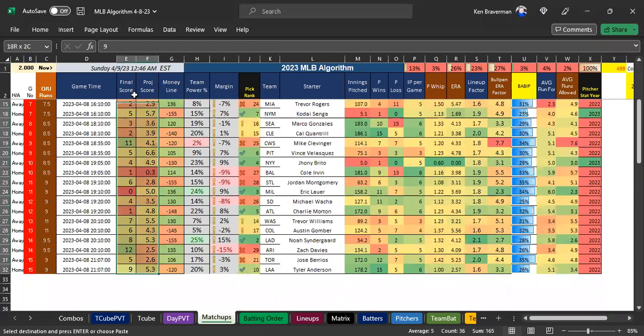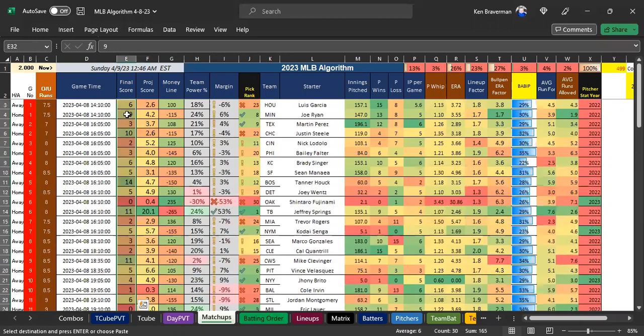So you get the scores and right now I just manually type them in. So whatever the scores are, you put them in this final score column here. And this gives you the results for the day. Could just look at